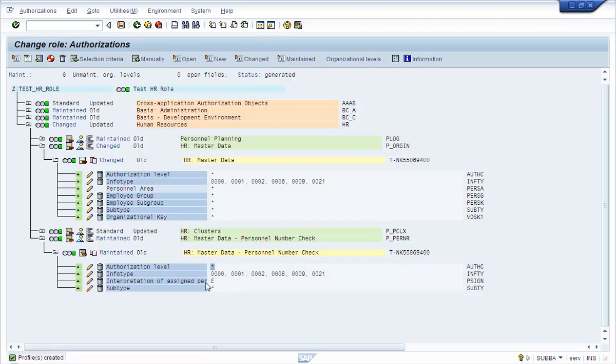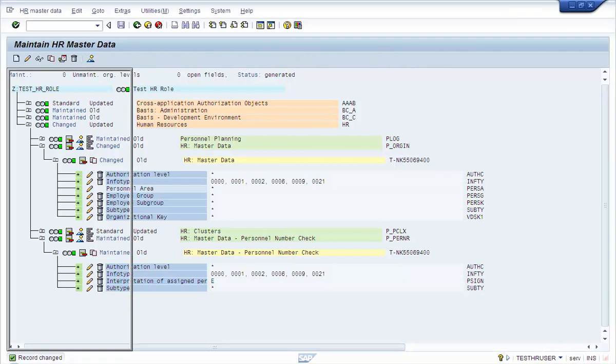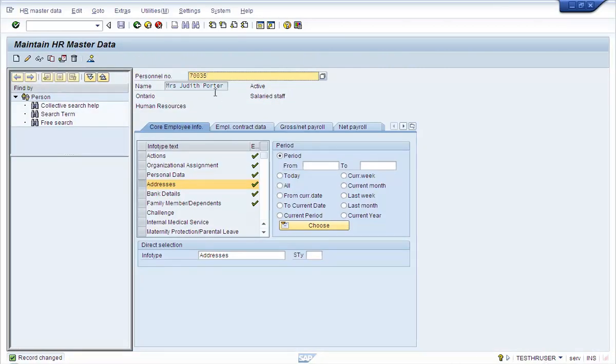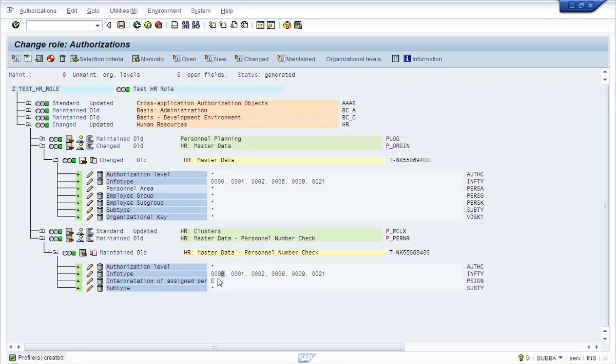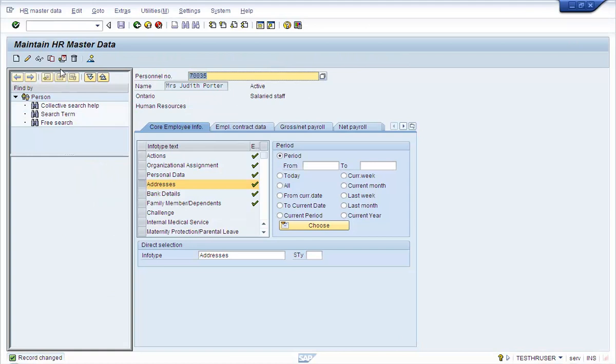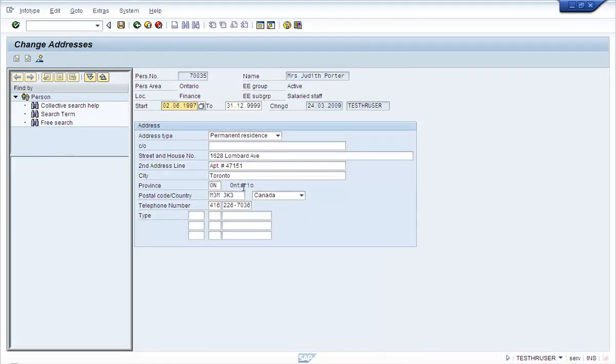But psign value is important because this allows test HR user to view data for other partners. So that is why he is able to change the data. So let's go and confirm whether data is changed. It's there. Save it.